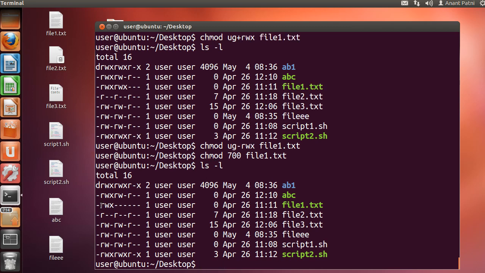And you can see the result that 7 has been converted to 111, that is rwx for user, 0 has been converted to 000, which is all hyphens for group, and the last 0 of 700 has also been converted into --- for others. And that's how the octal permissions work.